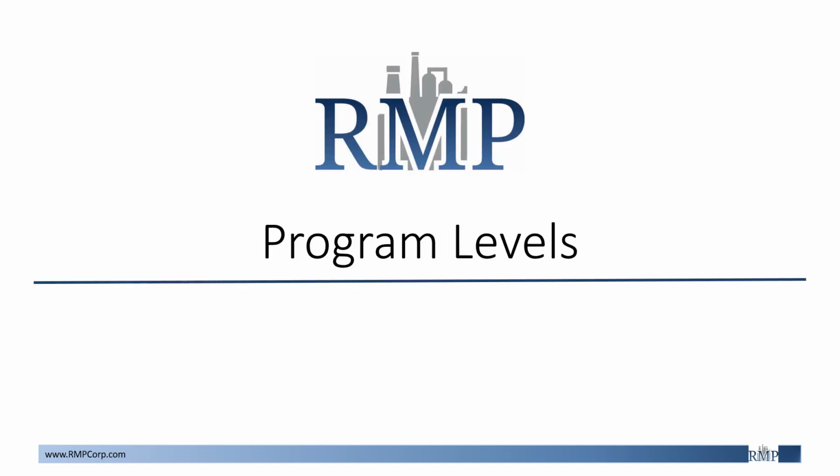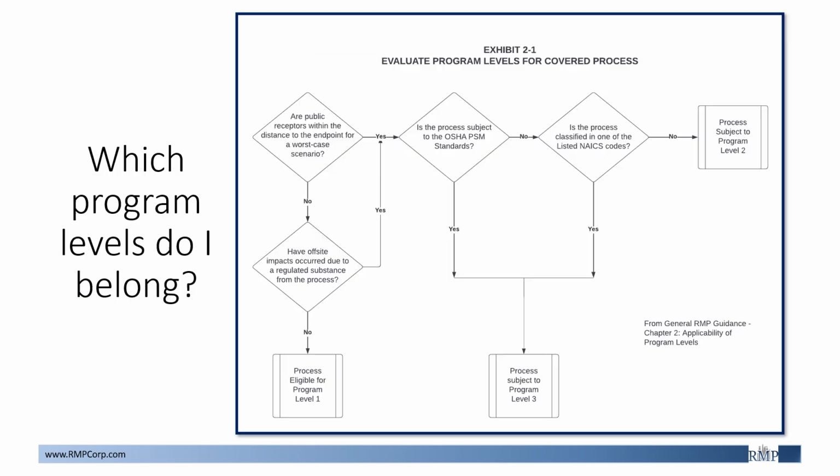So now that we have gotten a better idea of each program and what it seeks to accomplish, let us discuss the program levels and how to determine where one's facility would be categorized. The differences in program levels mean differences in the requirements needed to be fulfilled. Some of the critical factors which determine a facility's program level include proximity to public receptors upon a worst-case scenario,